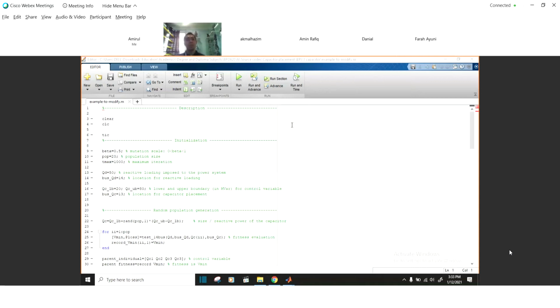Okay, so for today's lesson, actually, I would like to share how to modify the existing EP program, okay, for the purpose of multiple capacitor placement. Okay, program EP yang saya bagi sebelum ni itu untuk single capacitor placement. Single capacitor placement is actually